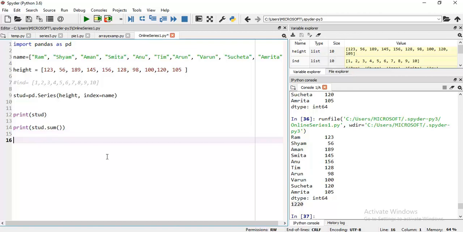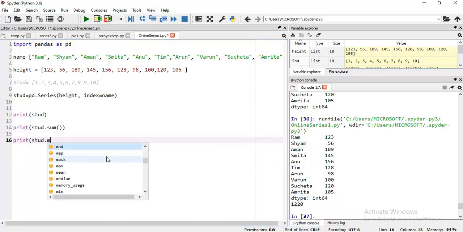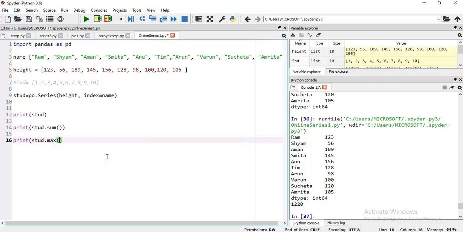Then what I will do is dot max. I will make the previous line a comment. The maximum height I got is 189. You just see, Aman, 189, has the maximum height.